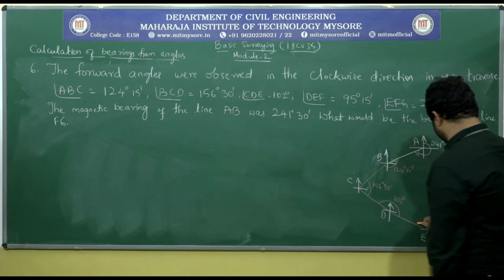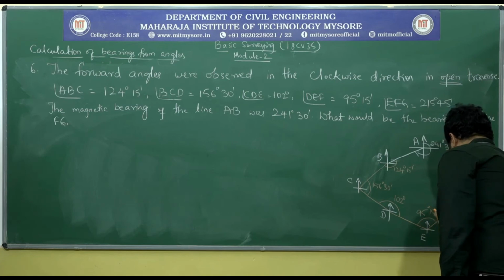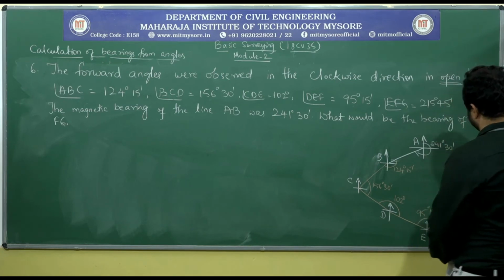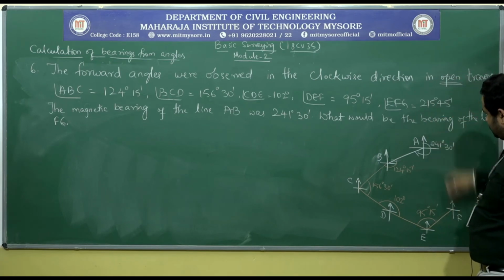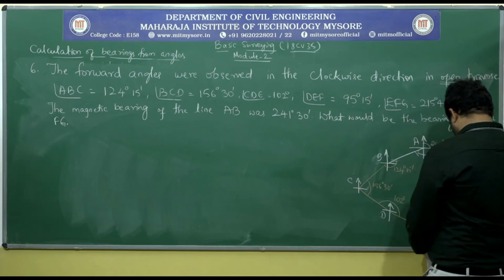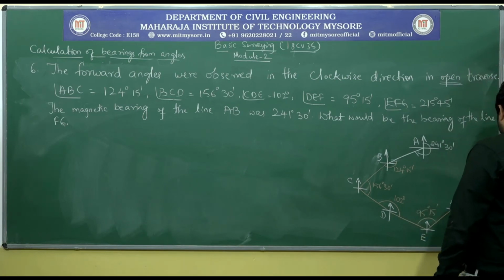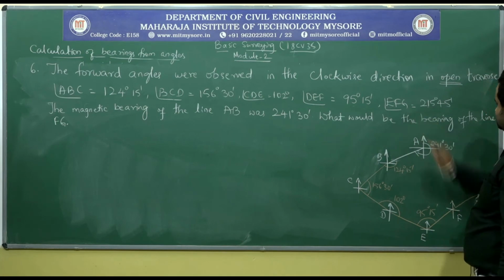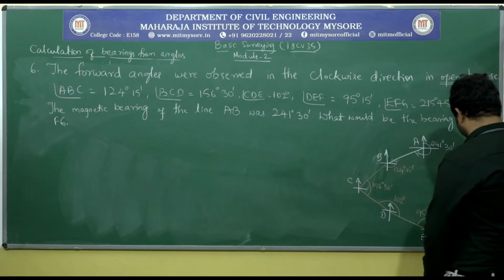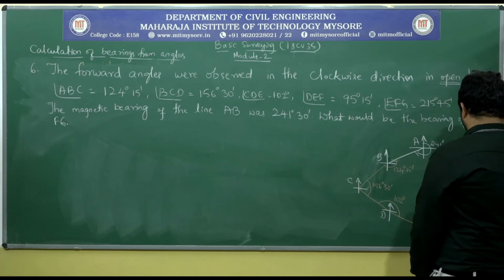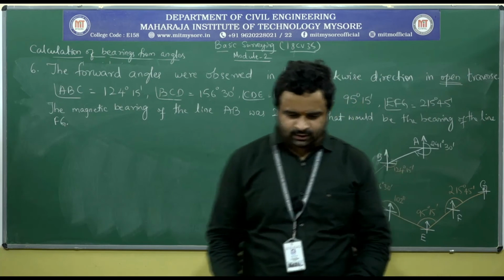Station F, and this will be the angle, that is 95 degree 15 minutes, and angle F is also given as 215 degree 45 minutes. So if you take this as reference and plot, it will be somewhere around in the quadrant like this. So this will be the point G. Yes, we have stopped at this point, and the angle given at F is nothing but 215 degree 45 minutes. Okay, clear?